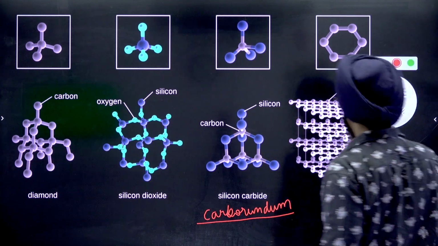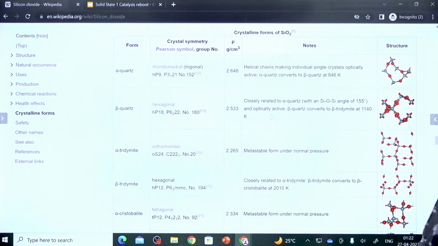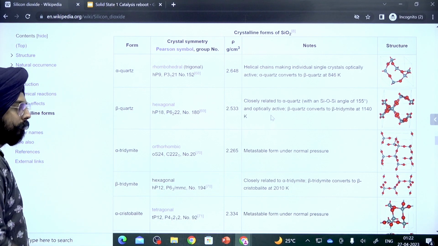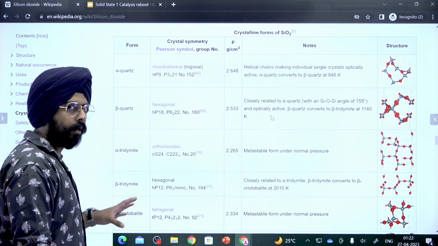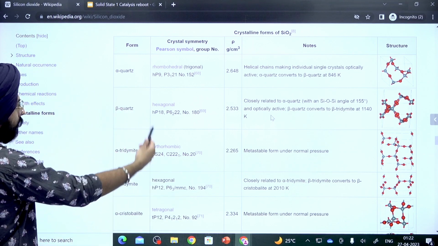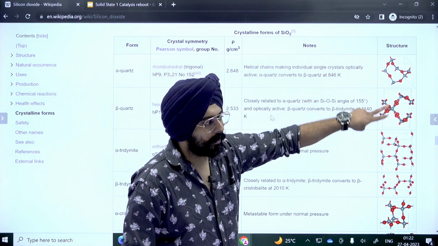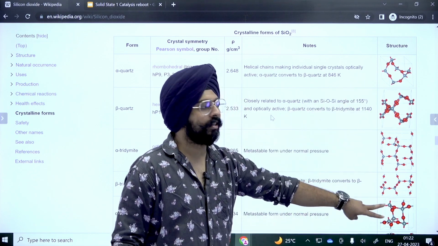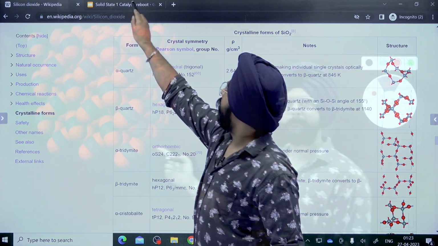So I have a certain web page that I want to show you. This is a Wikipedia article. Sorry for the sudden change in the color of the slide. Suddenly white might look very bright to the eye, but you don't have to remember any of these. This is a Wikipedia article for silica. Silica can exist as alpha quartz, beta quartz, tridymite, so on and so forth. And in all of them, they are arranged differently. SiO2 is arranged very differently in all of these cases. Crystalline. Very interesting. So you can read the Wikipedia article if you want.